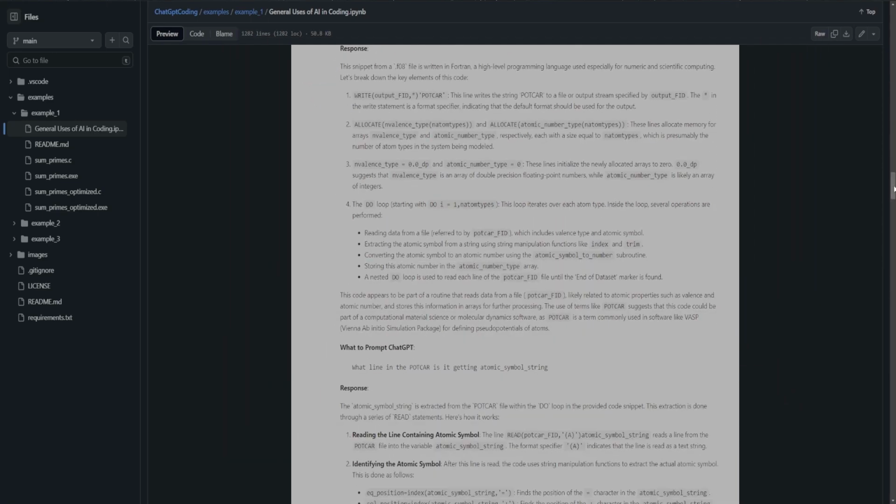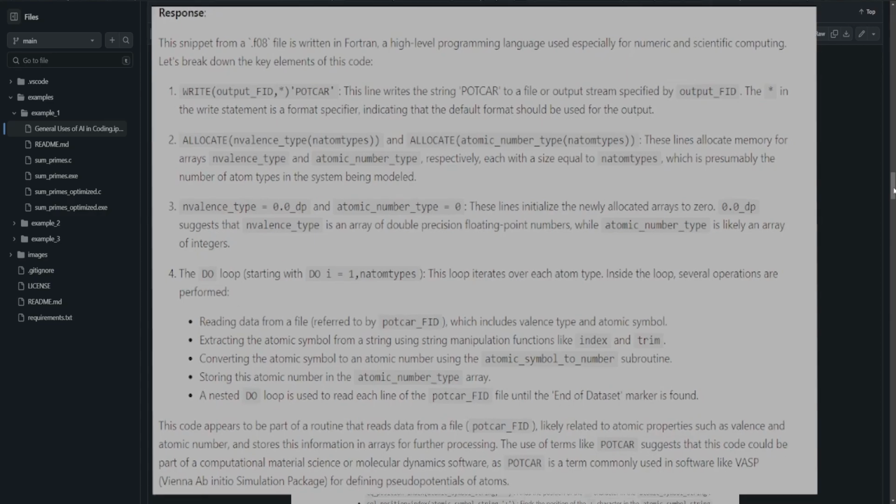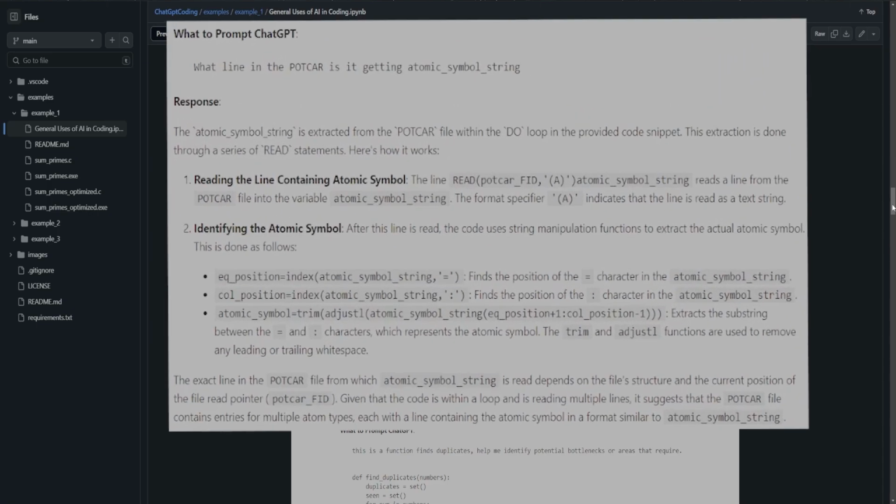In the response, we can see ChatGPT was able to provide a detailed explanation of the Fortran code, breaking down each part and explaining its purpose in regard to the reading and processing of atomic data. If we are curious to get more details, we can ask follow-up questions like, "What line in the POTCAR is it getting the atomic symbol string variable?" It goes on to explain how the atomic symbol string is extracted from the file, providing a clear understanding of